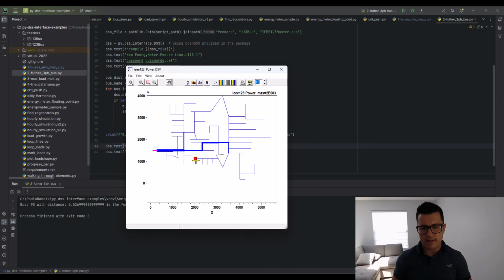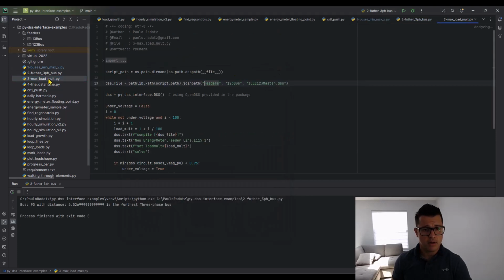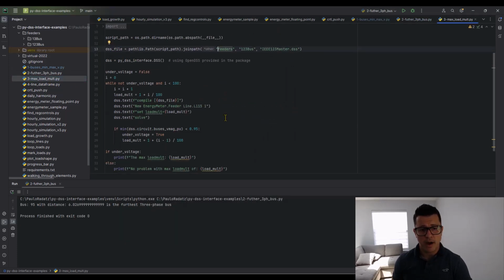And here we have the furthest bus, the furthest three-phase bus we have in our system. Imagine trying to see that using only OpenDSS. That would be a nightmare, okay? Other example, maybe here what I'm trying to do, I'm trying to